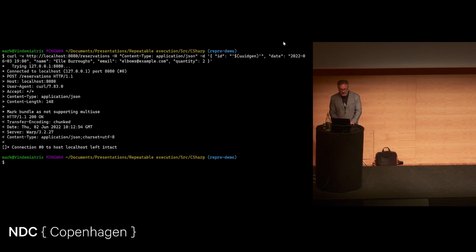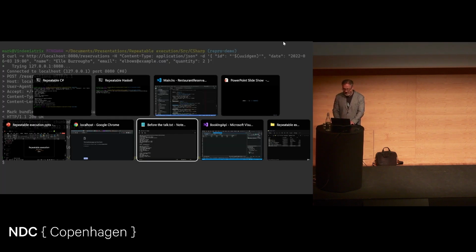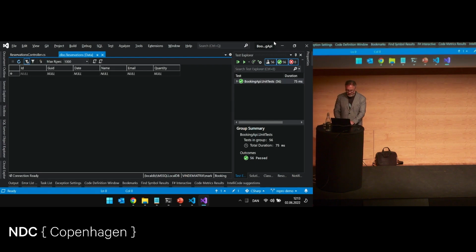Just as a sanity check, I actually have access to the database sitting here in SQL Server. So if I refresh that, we should now see a row in the database. If I'd been doing this in 2002, you'd be very impressed, because you can have an HTTP thing that actually ends up in a database. But that's really not the point of the demo. The point of the demo is that while this happened,